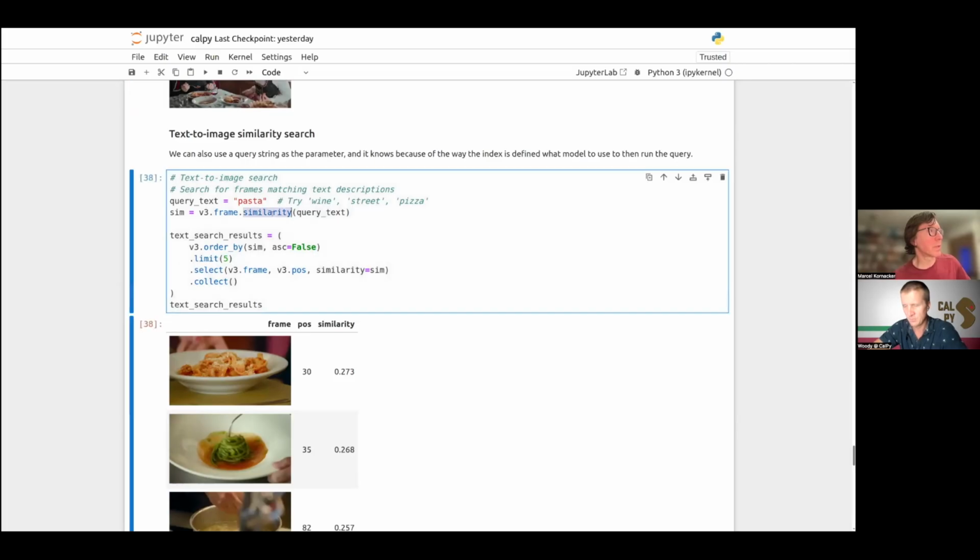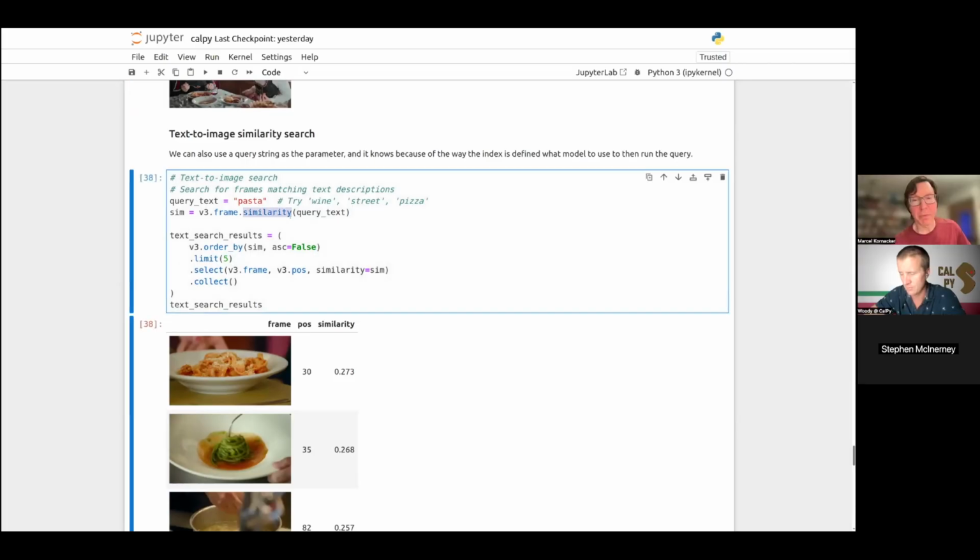Yeah, so it just says frame.similarity, but I don't know exactly what algorithm it's using. Yeah, it's basically cosine similarity, and the embedding index is using PG vector in Postgres.